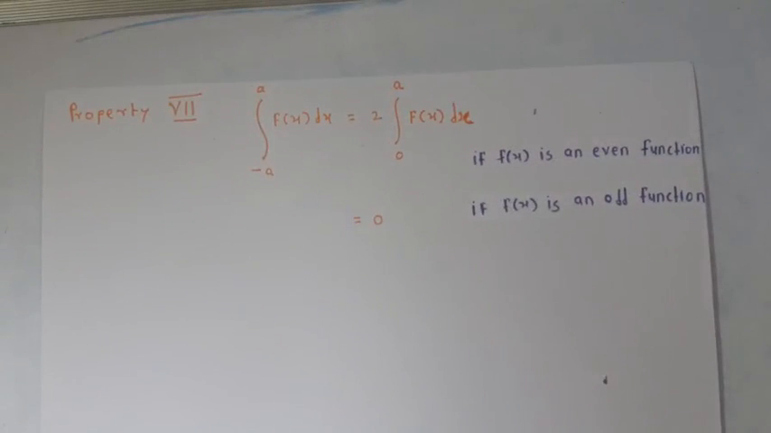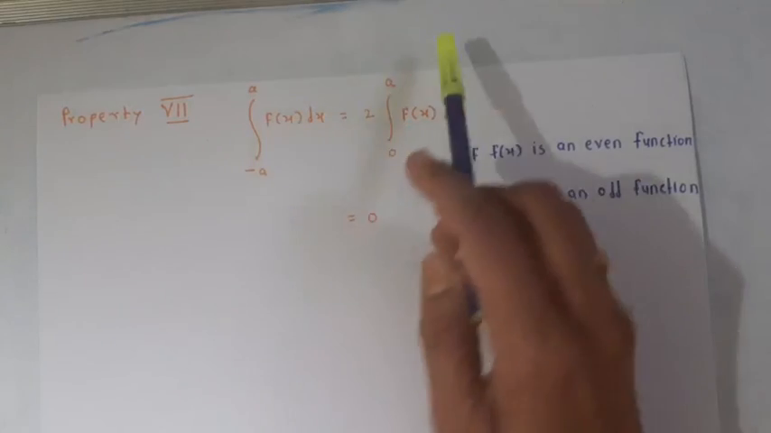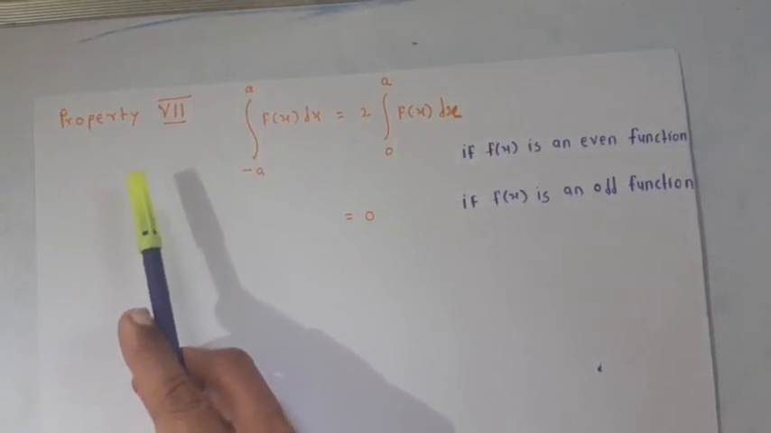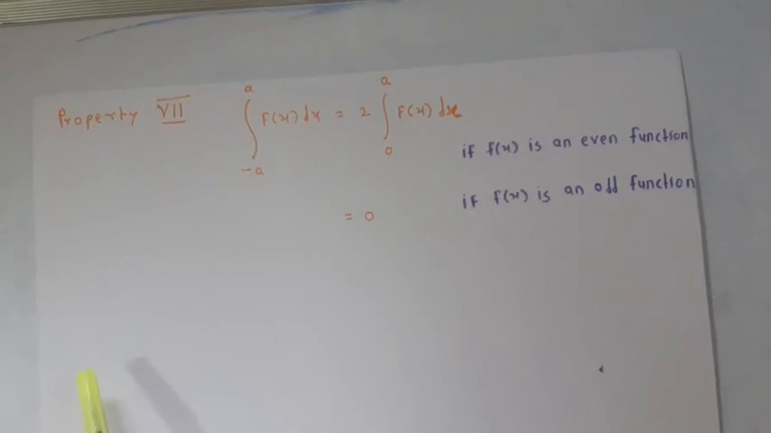Students, in the last video we have proved property number 6 for the definite integration. Now in this video, let us study property number 7 for the definite integration. The property is that